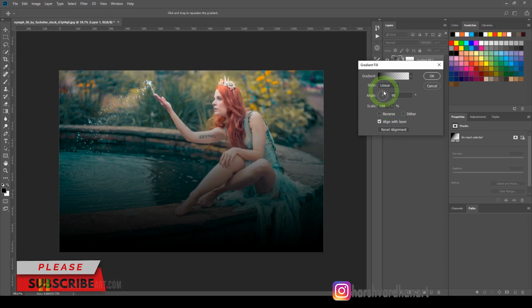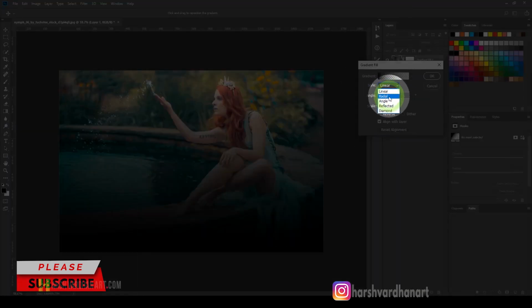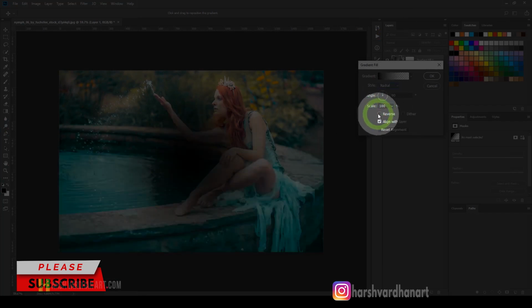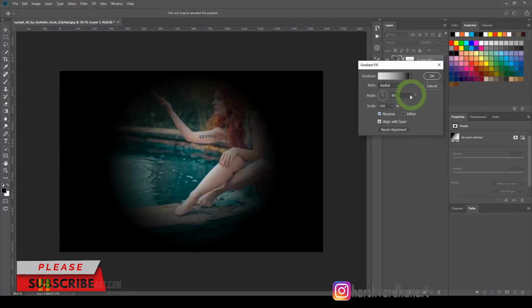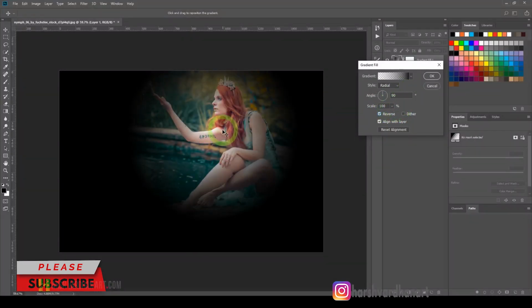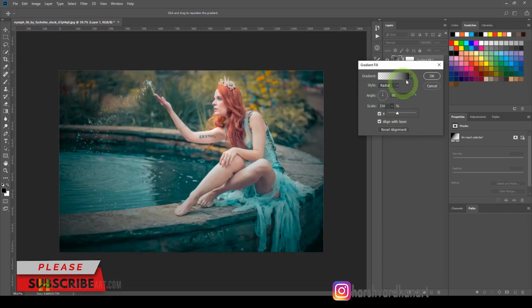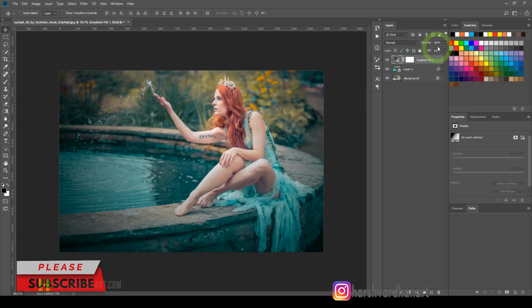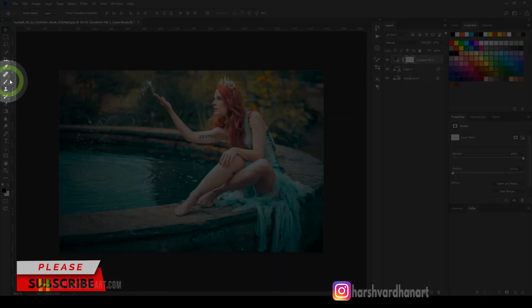And then we will change its style from linear to radial, and we'll change it to reverse, and then we can click and drag it on the face, and then we will increase its scale. Let's drag it to something like this so that it spreads everywhere, and thereafter we'll press OK, and we will lower down its opacity a little bit, something like this,